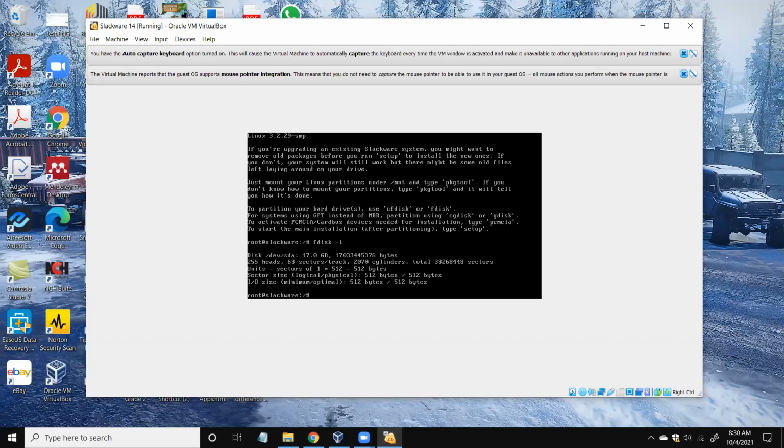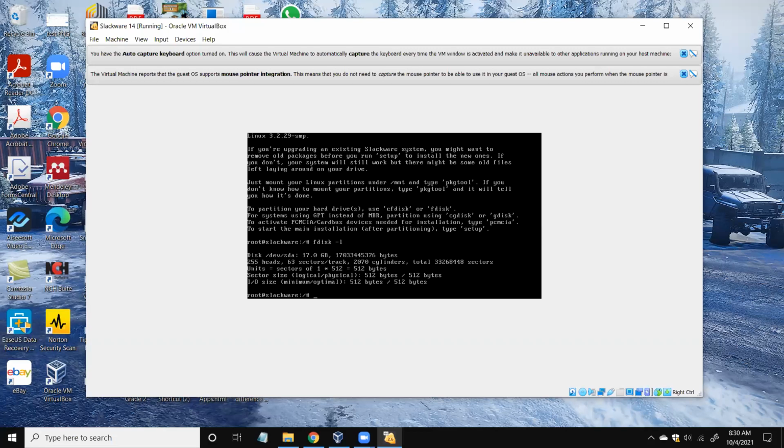So we have a single disk called /dev/sda, right? So using that, we can do the partitioning, right?